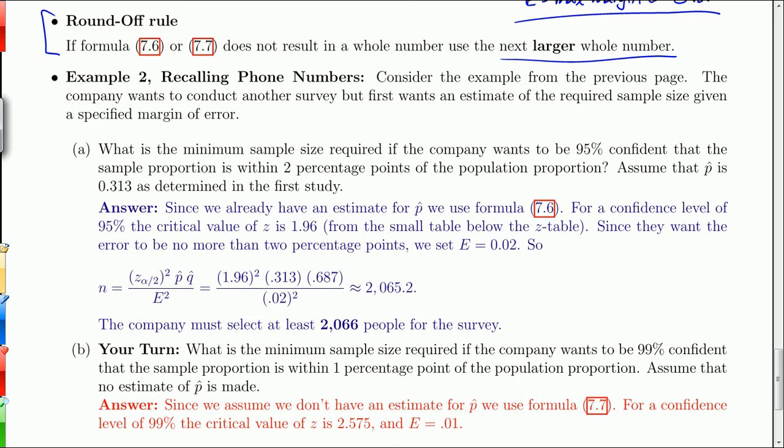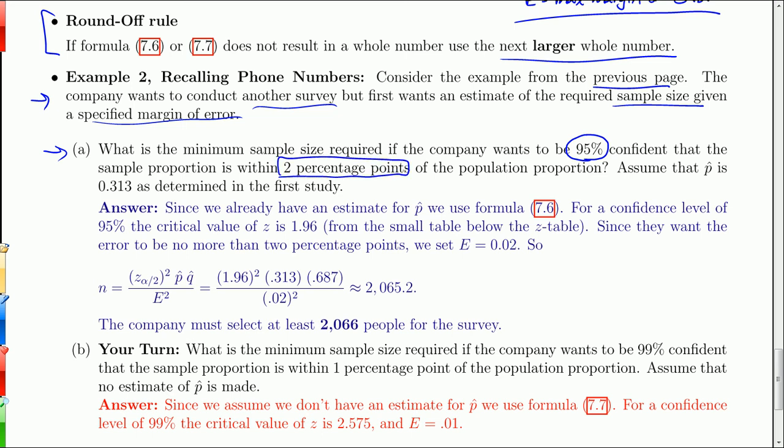So our example, similar to example 1, this is example 2, only now it's a sample size problem. We're going to consider the previous example on the previous page. And the company wants to conduct another survey, but wants an estimate of the sample size. Right? It wants to reduce that margin of error. So we're going to ask this in a couple ways, but the first way is, what is the minimum sample size required if the company wants to be 95% confident that the sample proportion is within 2 percentage points